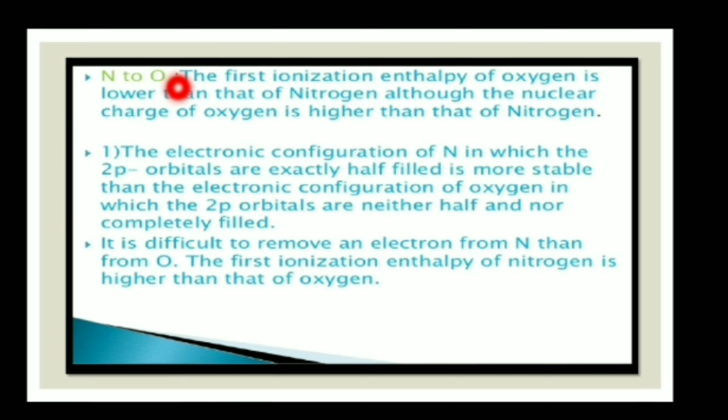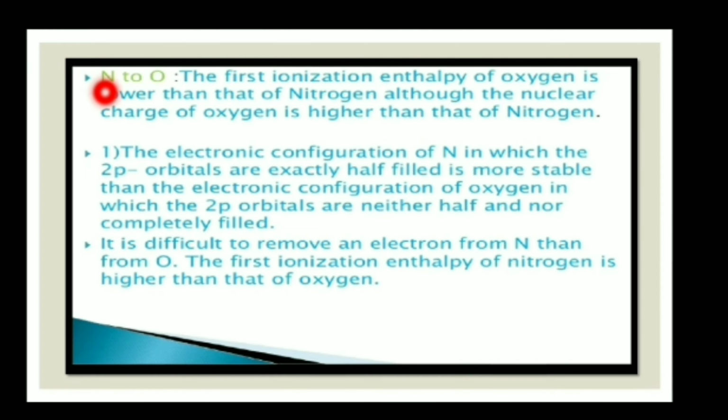Nitrogen and oxygen. This is one of the exceptions. The first ionization enthalpy of oxygen is lower than that of nitrogen, although the nuclear charge of oxygen is higher than that of nitrogen. Nitrogen has a higher ionization enthalpy as compared to oxygen because nitrogen is half-filled in the last 2p orbitals, 2p3 electrons are there. The 3 electrons attain half-filled stability,